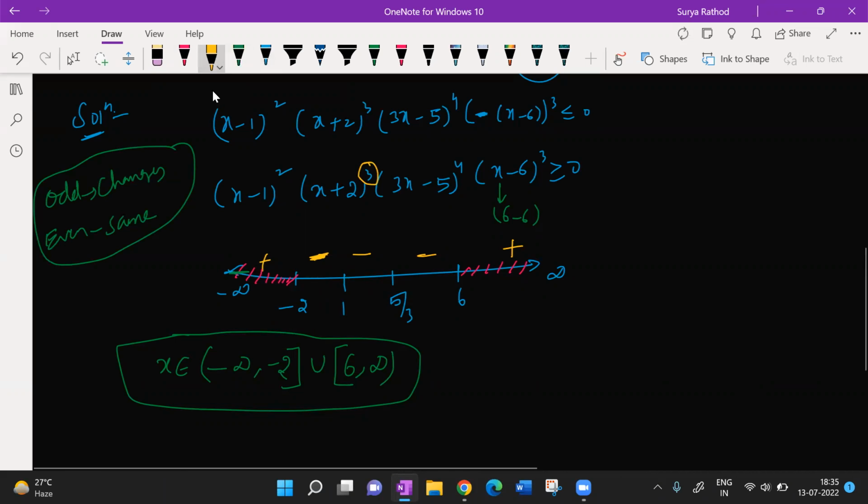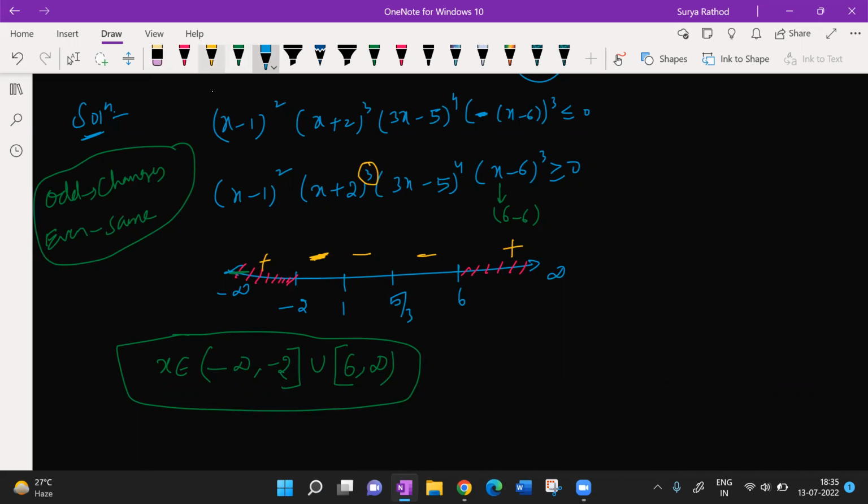Now look at this here. What is the power of 6 here? Sir, in Monday's class, you told that for even power the sign changes and for odd powers it remains the same. No, sir, you said that only. No, I have clarity about what I have said, beta. Whenever an odd power is there, the inequality changes. Whenever an even power is there, it stays the same.